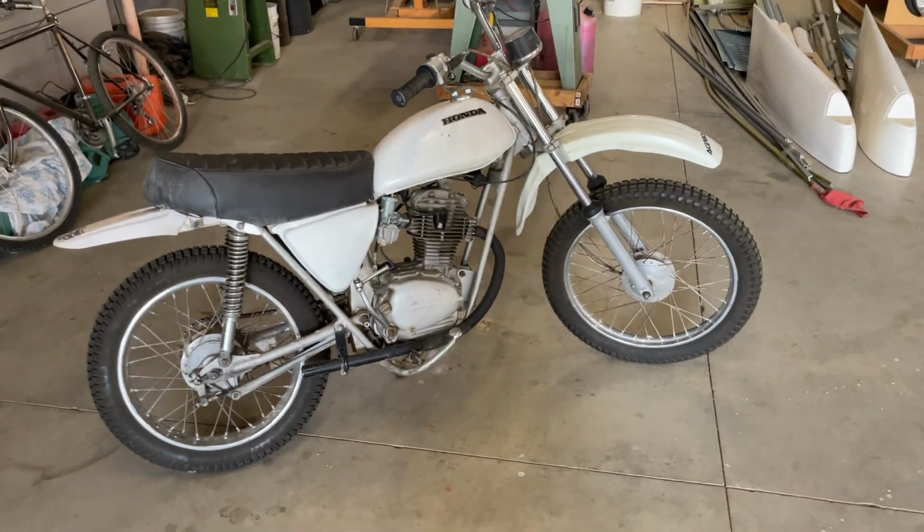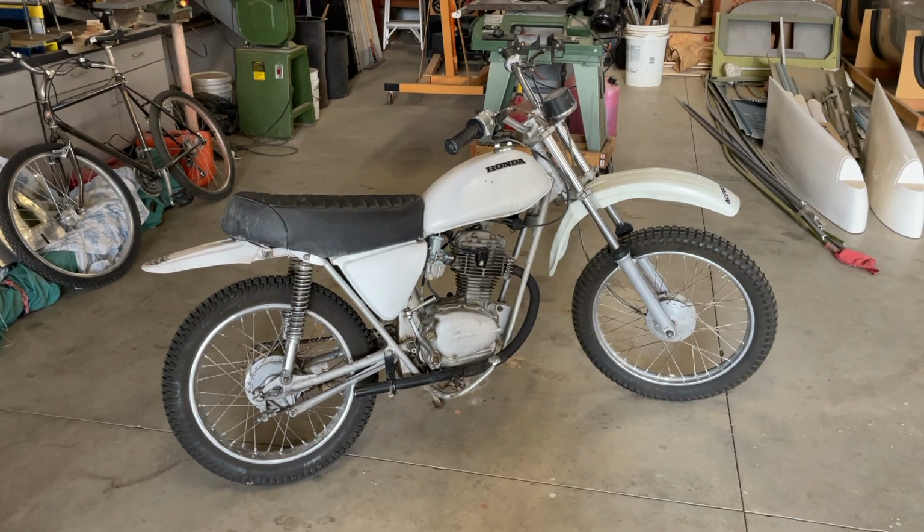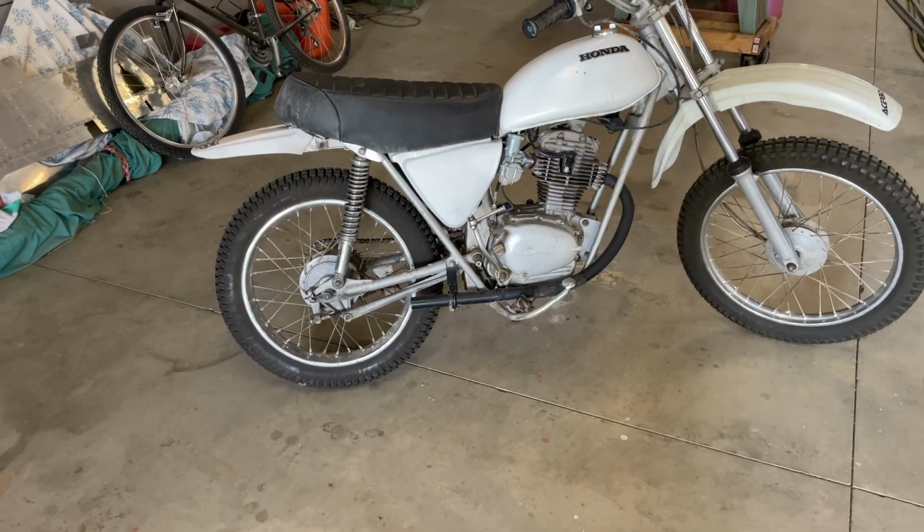My dad wants to go on a ride with some friends out in the desert, so I'd like to go tag along on that one, so we'll have this to ride. I'd also like to go hit up some of the...